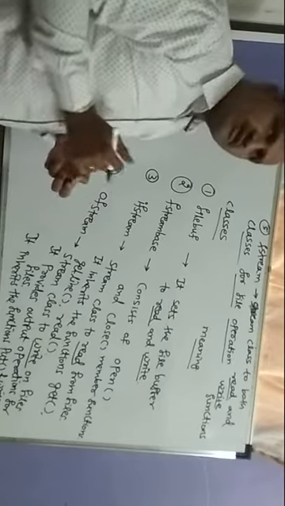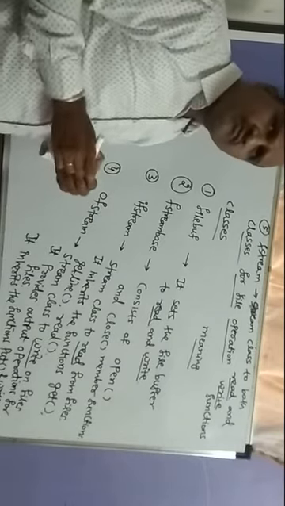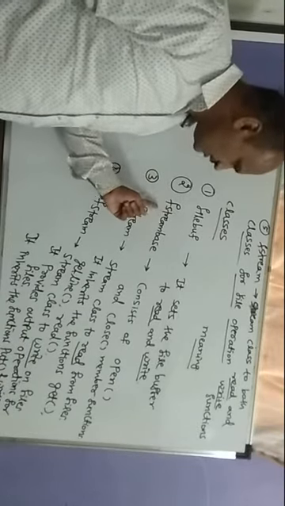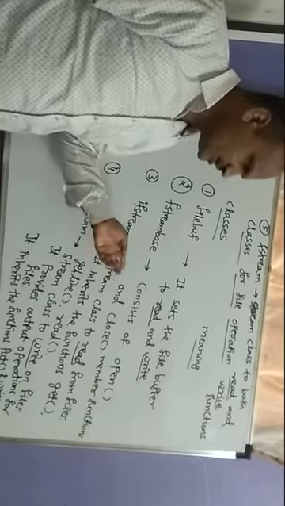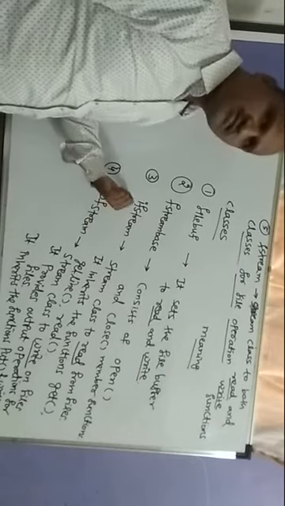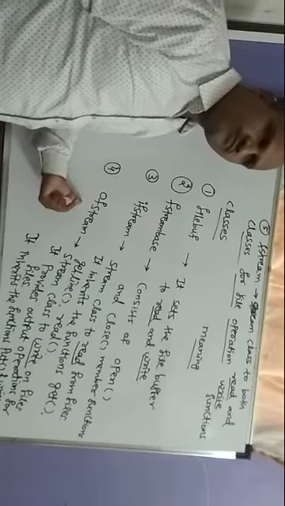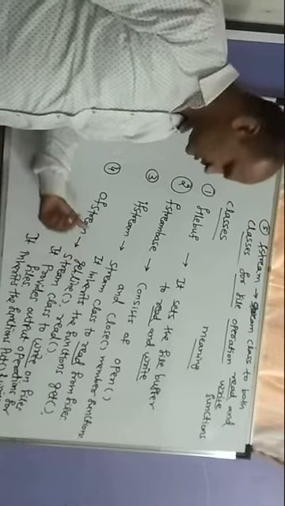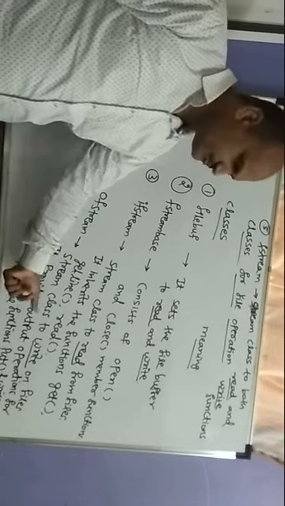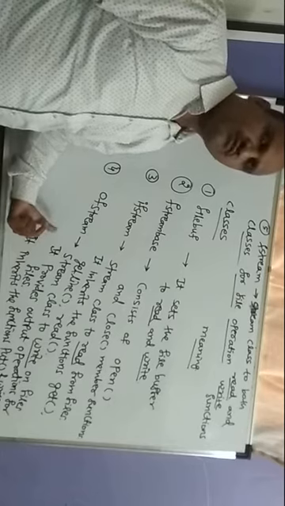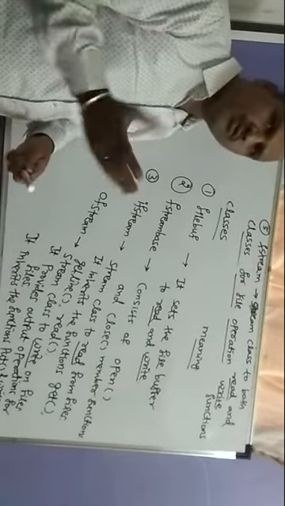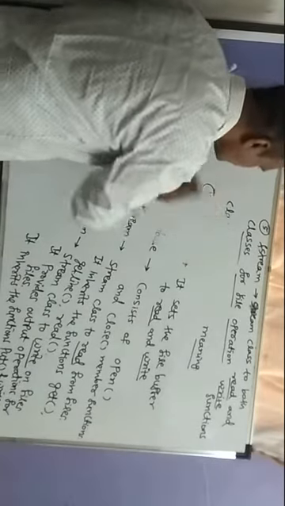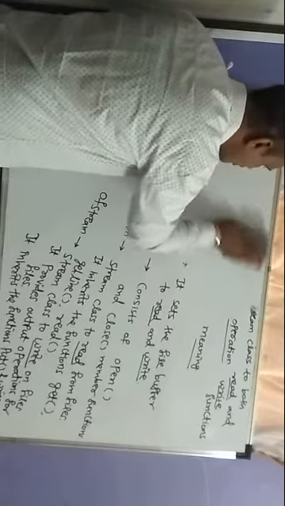So these are the different classes for file stream operations. filebuf is for the buffer. The second, fstreambase, provides the open and close member functions. ifstream is for input and ofstream for output. In ifstream we use get, getline and read. In ofstream we use put and write. And fstream is for both read and write functions. So these are the different classes for file operations.